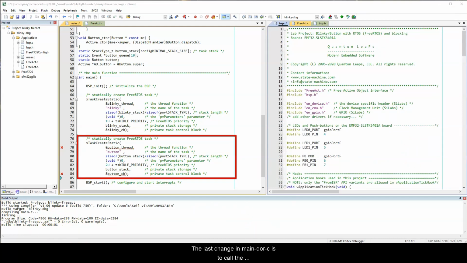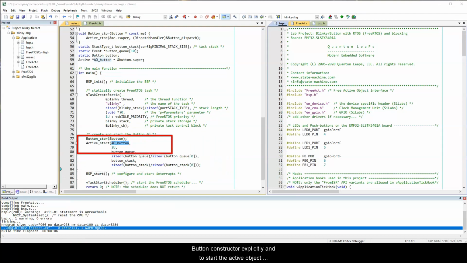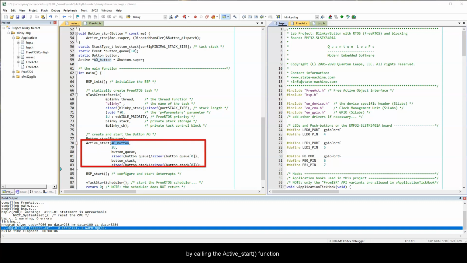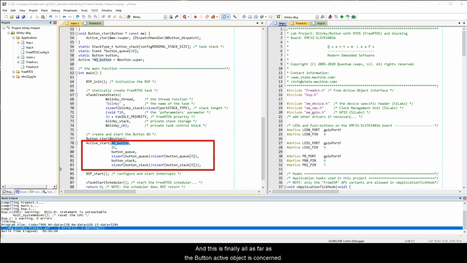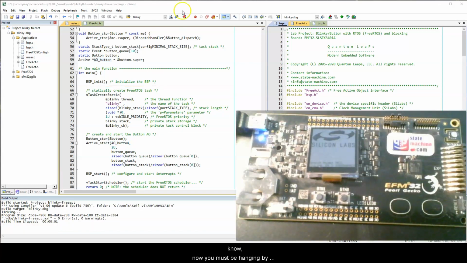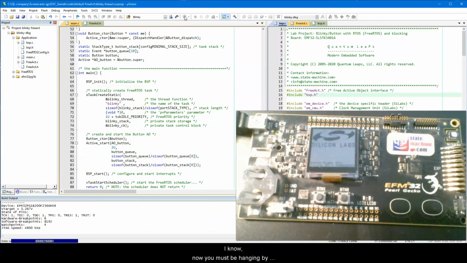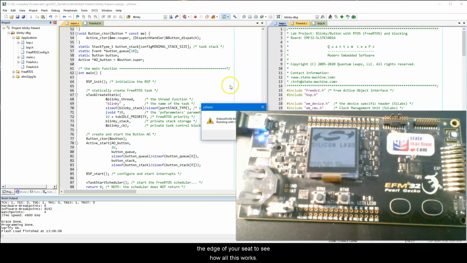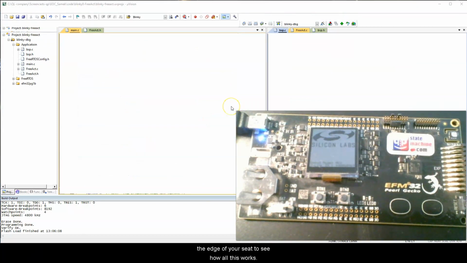The last change in main.c is to call the button constructor explicitly and to start the ActiveObject by calling the ActiveStart function. And this is finally all as far as the button ActiveObject is concerned. Please note that the blinky functionality is still coded with the traditional sequential and blocking FreeRTOS thread. I know, you must be hanging by the edge of your seat to see how it all works. So let's just load it to the board